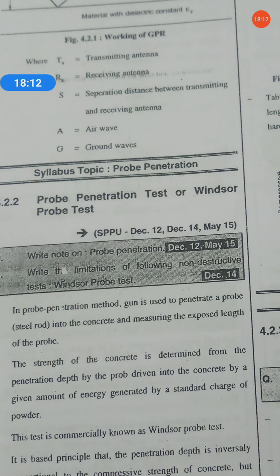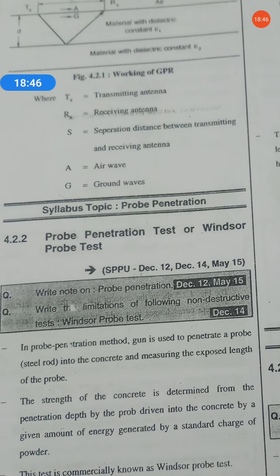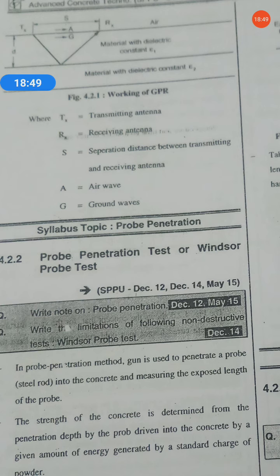For ground penetrating radar, you can watch some videos too. It is available on YouTube, showing how it works and what the working principle of GPR is. So take the reference of YouTube and watch those videos about GPR. You will get to know the details and gain some good knowledge of GPR. It will be good for you to have complete knowledge about GPR, so you can watch some videos from Google or YouTube.